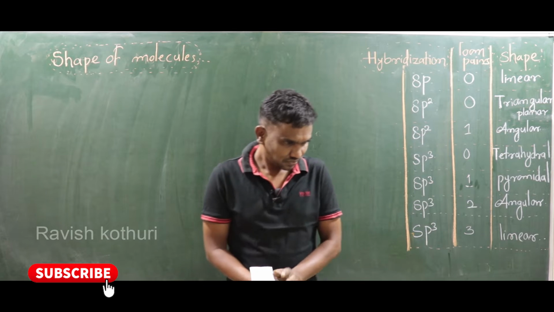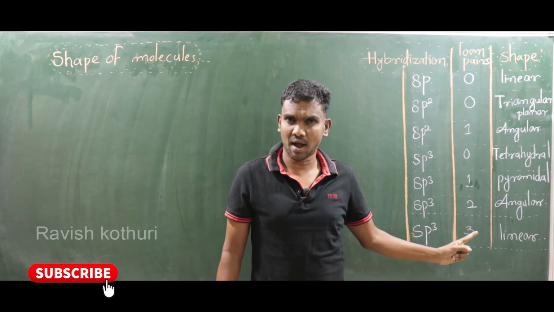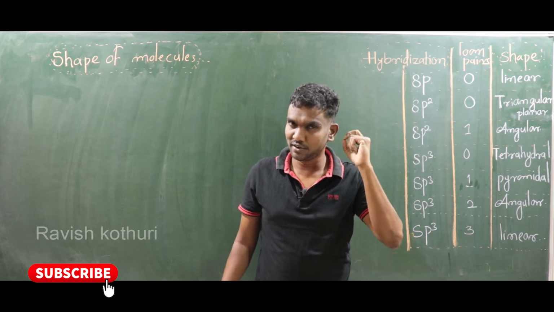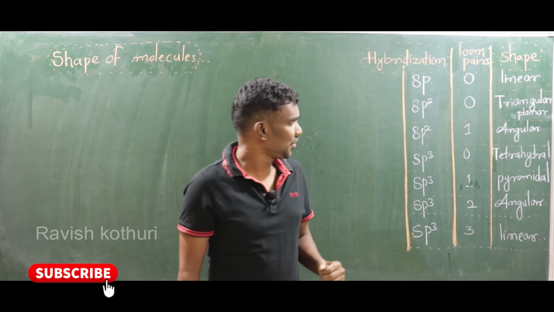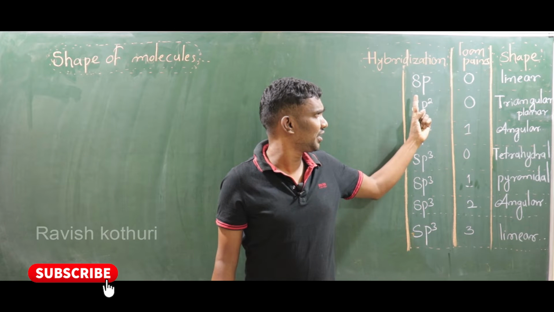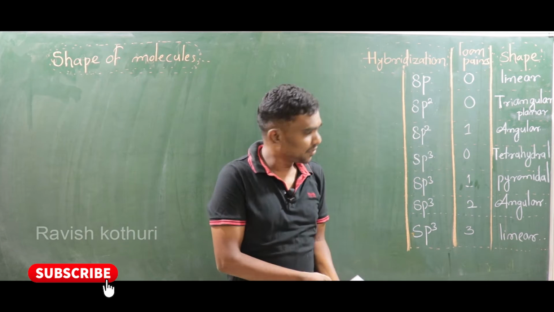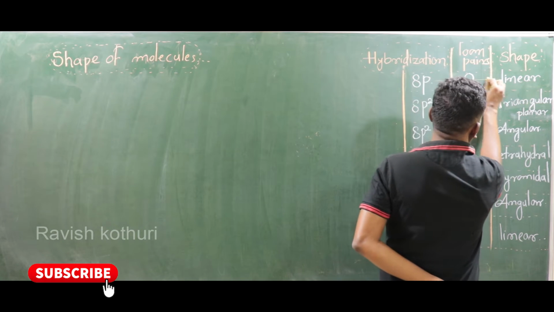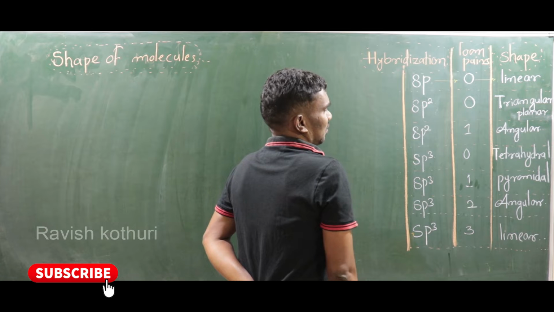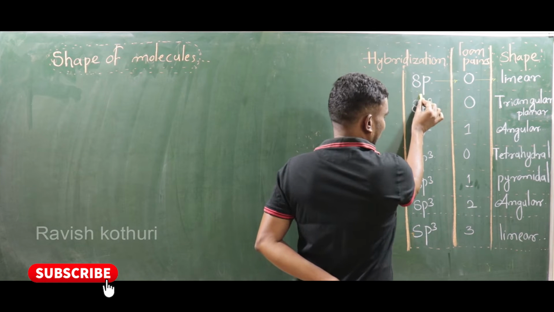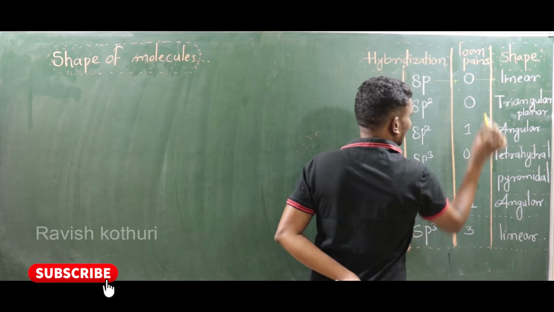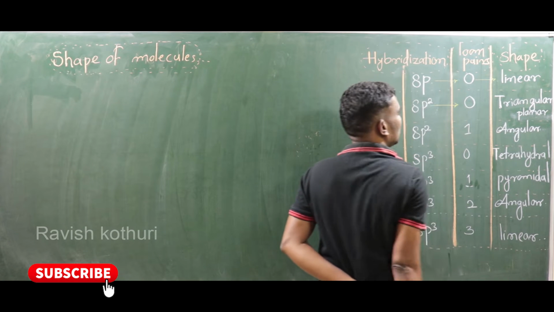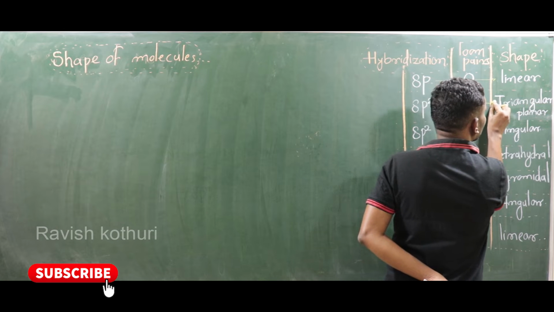Observe carefully. Here one table is given. What is the importance of that table? First of all, look at the board and listen to my words carefully. First, sp hybridization with 0 lone pairs: that shape is linear. If any compound has sp hybridization with 0 lone pairs, the shape of the molecule is linear. Now, sp2 hybridization with 0 lone pairs, the shape is triangular